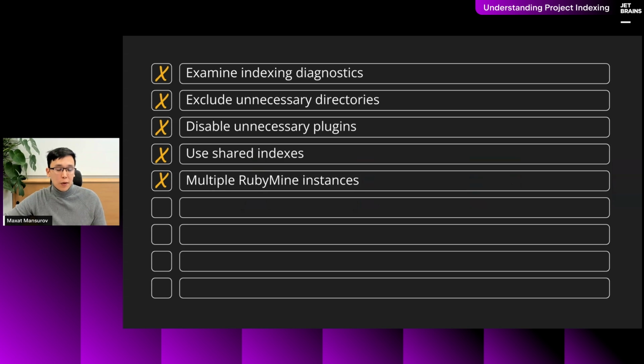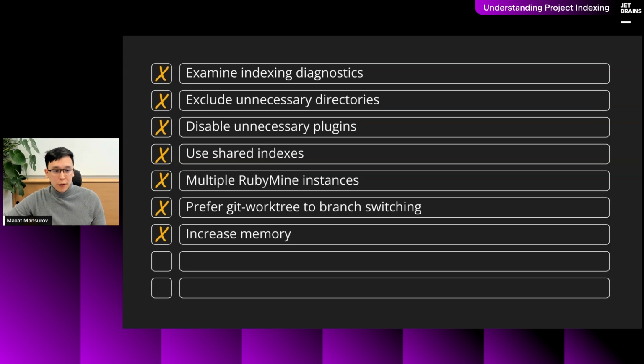You can also use multiple RubyMine instances if you are working on multiple large projects at the same time. Then there is a Git worktree available as an option if you are switching between branches often and you want to avoid the indexing that is happening when you do that.